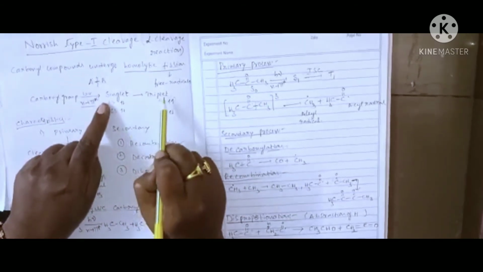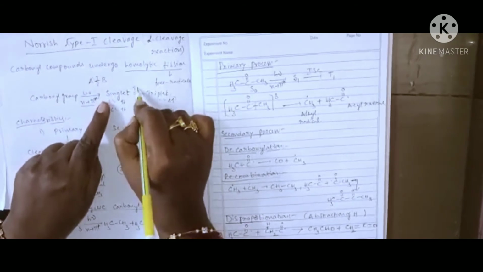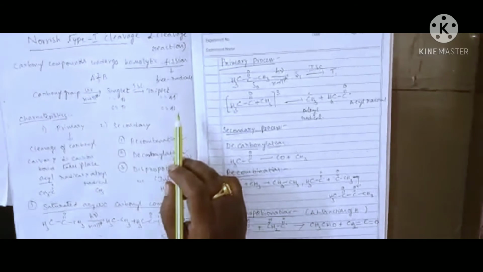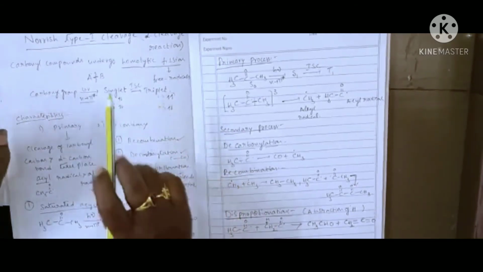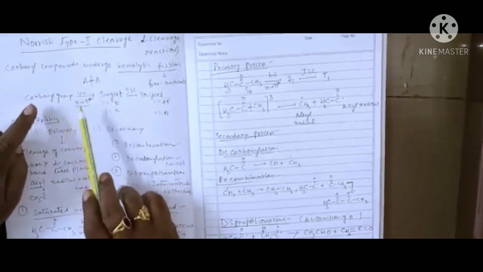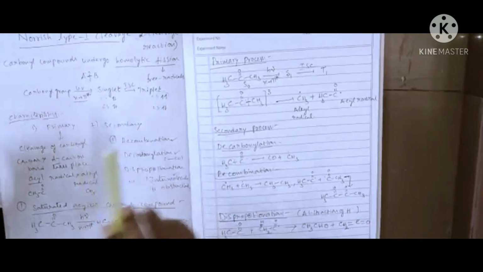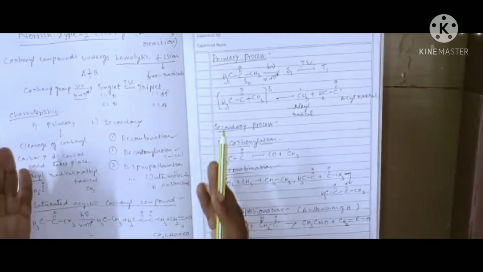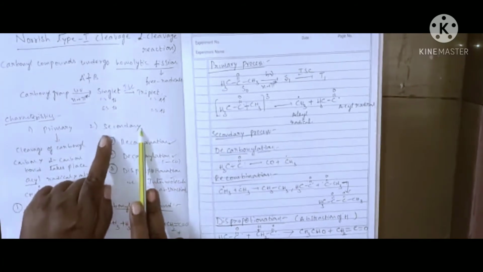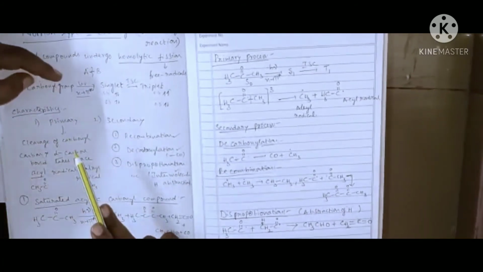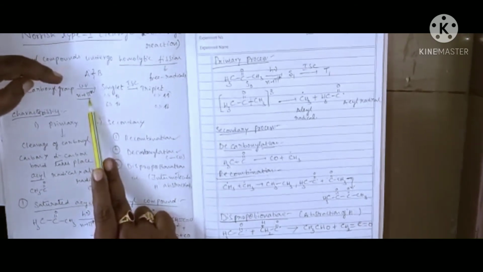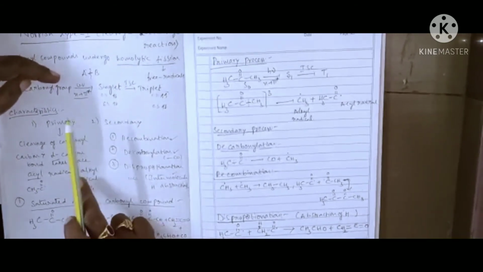Here the singlet state is converted into the triplet state by what is known as intersystem crossing. It is a non-radiative process. We explained that in the previous class. So here this is all done by the absorption of UV radiation by the carbonyl group. So the n to pi star transition takes place here. The entire process takes place in two processes, primary process and secondary process. In the primary process, first of all the carbonyl group absorbs the UV radiation and n to pi star excitation takes place and radicals are formed.